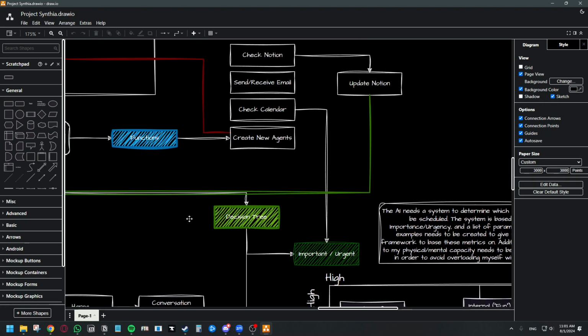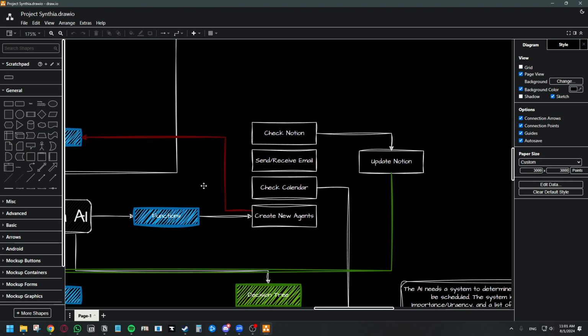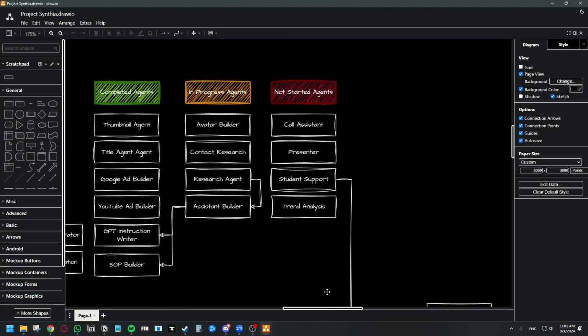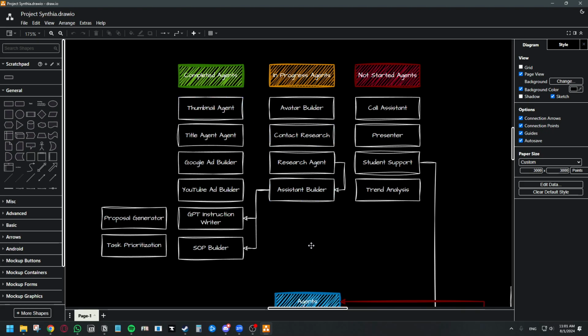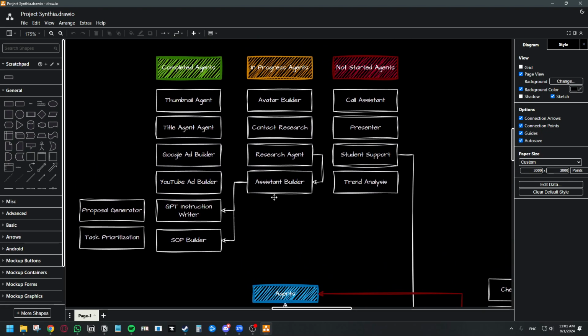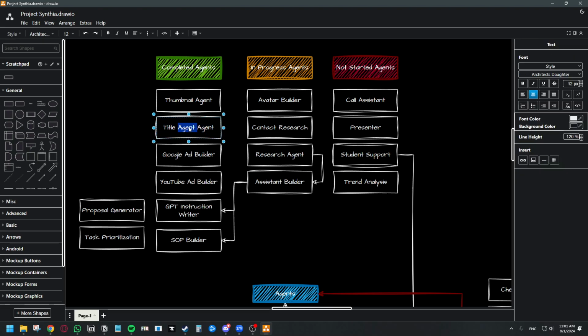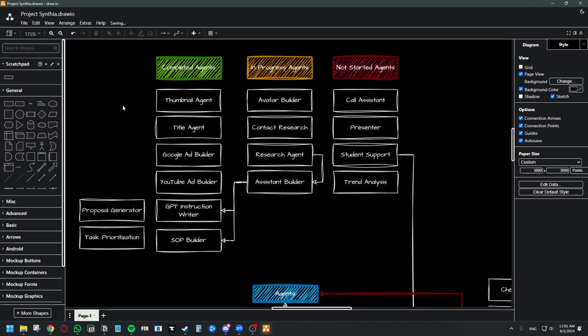And then what's really cool about this, I believe, is that I can plug this thing into calling other AIs. So for example, if it sees that we need to work on a YouTube video today, then the assistant, like Cynthia here, will be able to go to the thumbnail AI. I have a thumbnail idea generator, and it can go to that and say, okay, we need some ideas for this thumbnail, here's all the information about the video. Same thing with the title agent. I don't know why agent's in here twice. But it can get me a list of titles that we could potentially use for the videos, or scripts, that kind of stuff, avatar research.